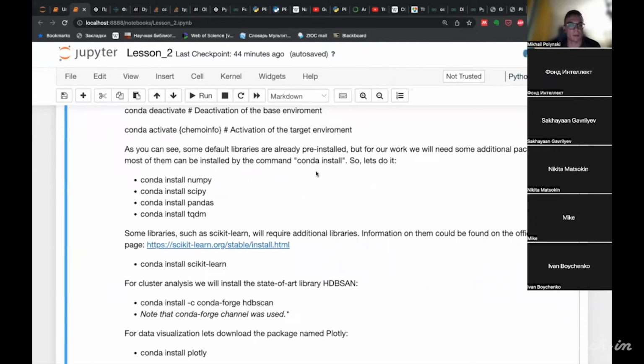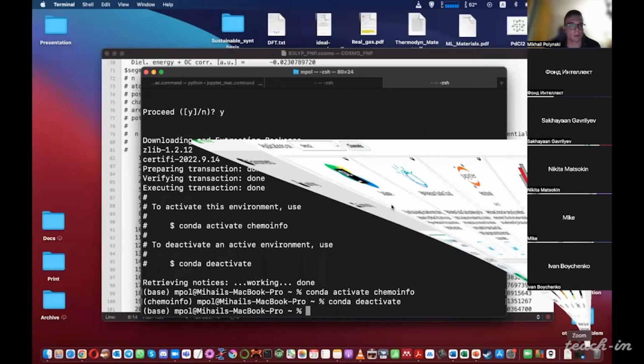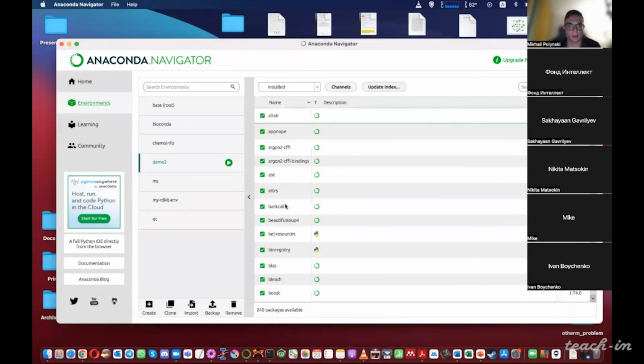Applied libraries like NumPy, SciPy, Pandas, etc. are easily installed in Conda by just typing the following commands. Of course, you can use the graphical user interface by going in this menu. You can install needed packages and libraries.